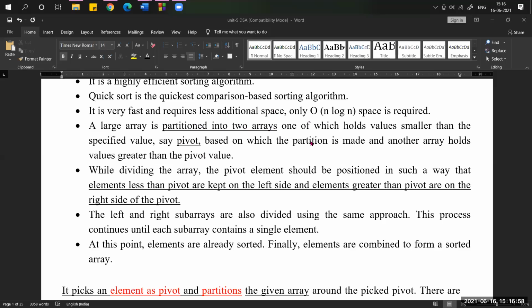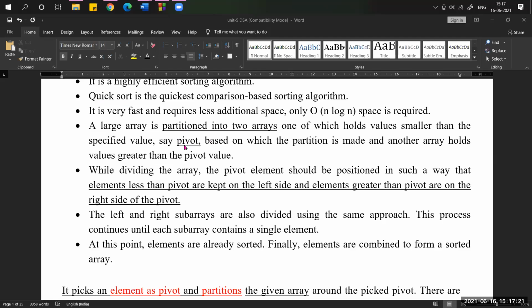Next, after dividing, how are we dividing? I mean, we partition the large array into sub arrays based on one element. This is very, very important in quicksort. Whenever you hear the sorting technique quicksort, first you need to remember this pivot element.